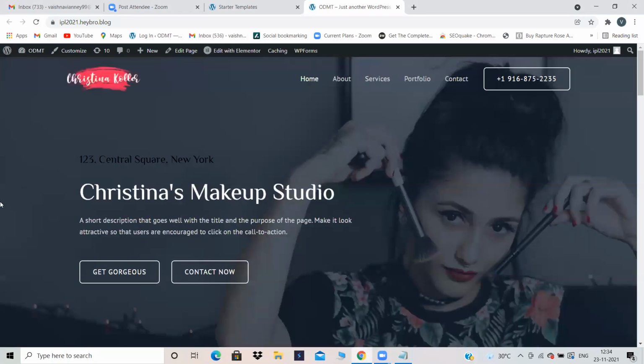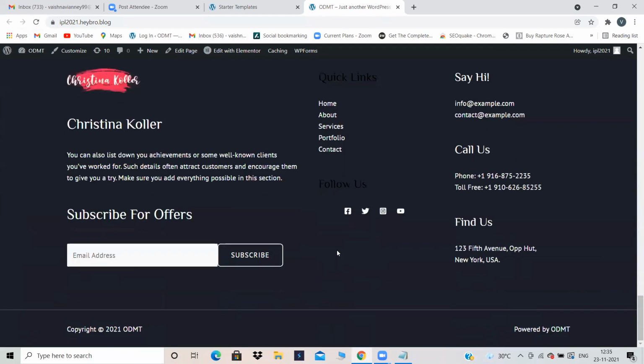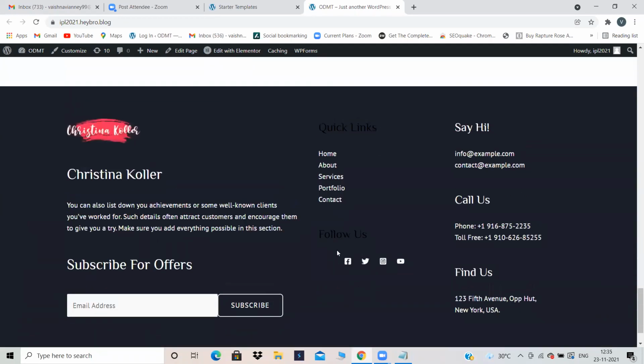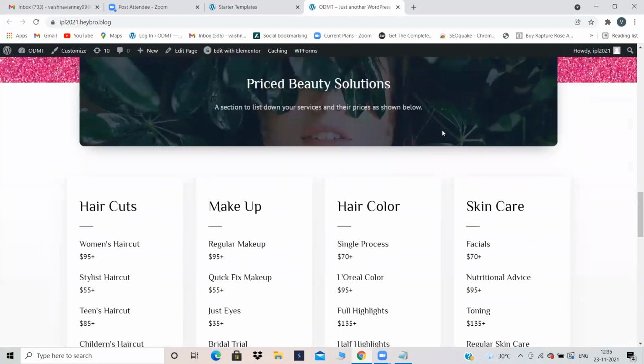Now see, our whole website has been changed. This is our website. In that website, the footer was not there for some reason, but here the footer is there. Can you see this footer, Pranita? This is called the footer, right? The black colored one. So the footer is also there.